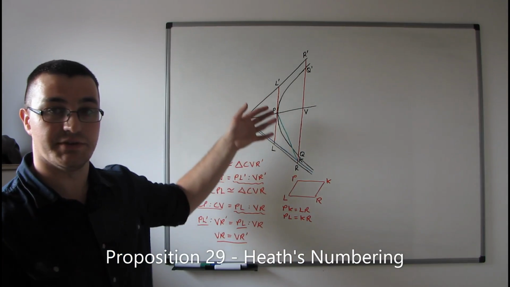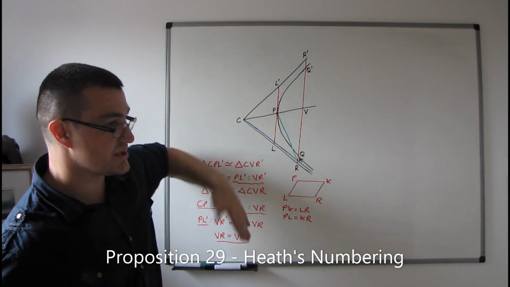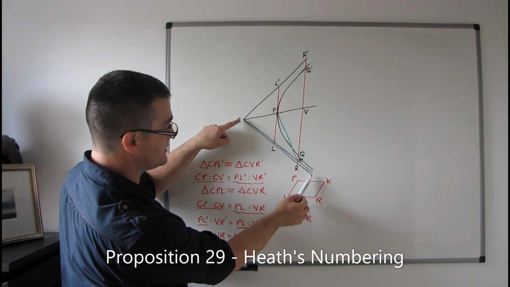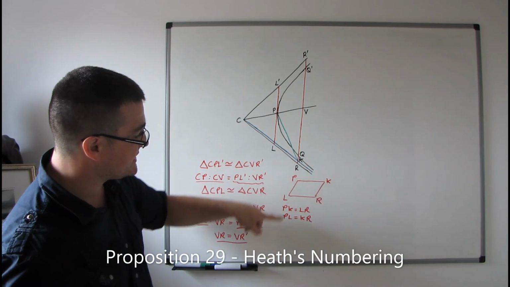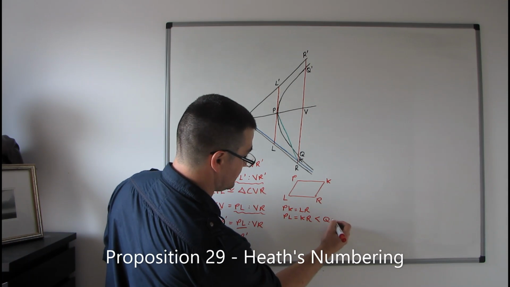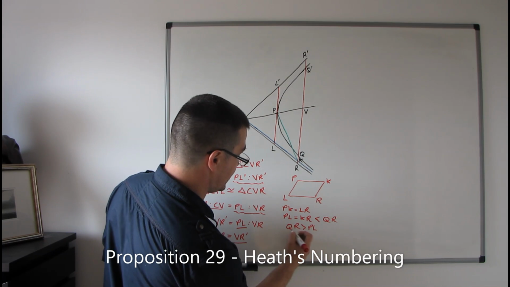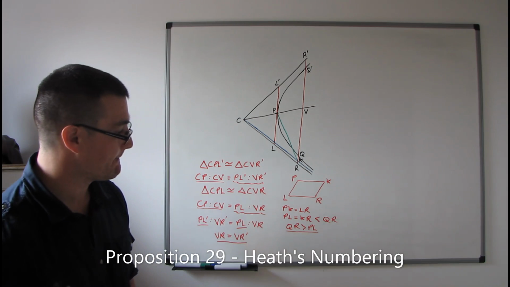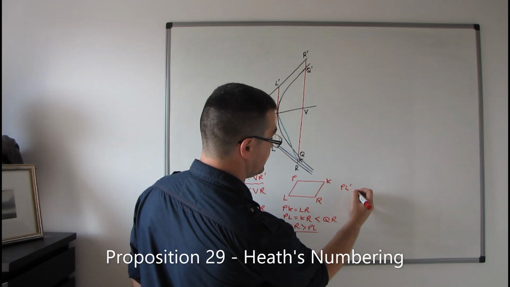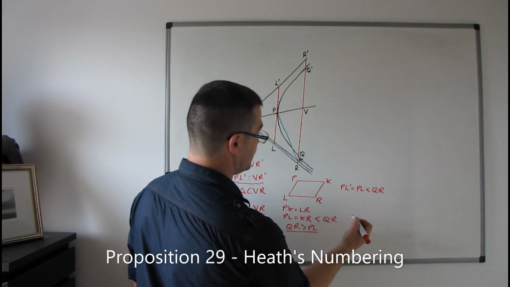And because of the construction of this situation, namely that the blue line is kind of outside of the hyperbola but inside of this asymptote here, CL, then the distance KR has to be less than QR. So therefore QR is greater than PL. But we can also say the following, that PL primed is equal to PL, which is less than QR, but QR